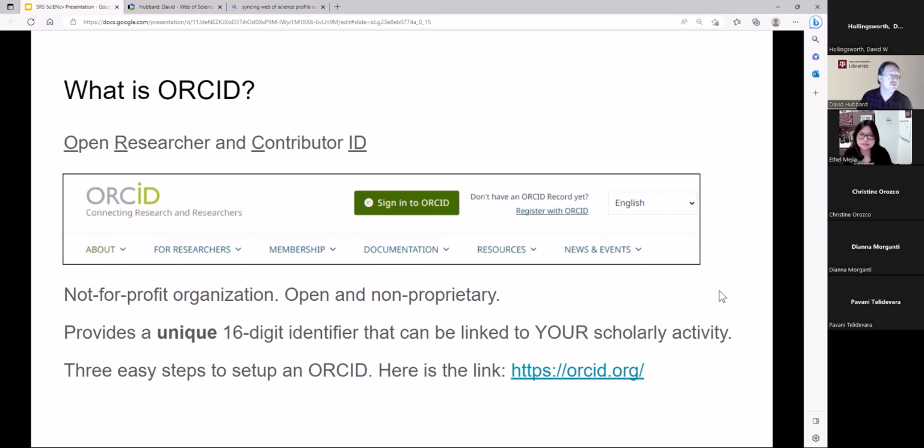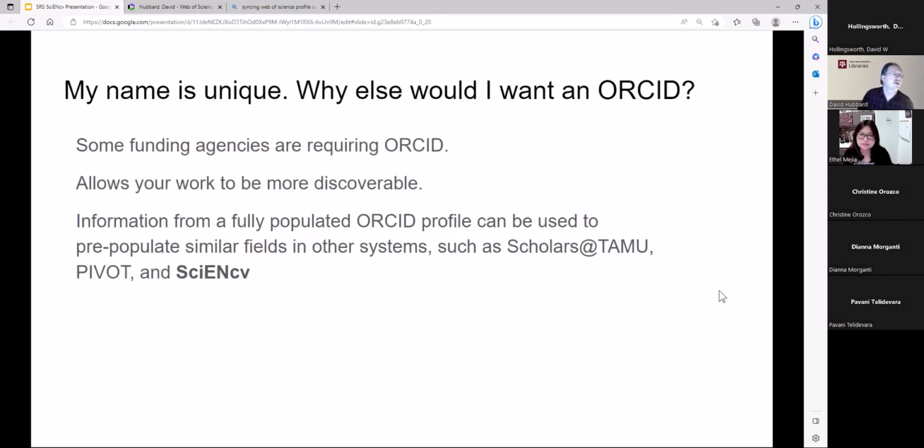To set up an ORCID, it's 3 easy steps, and there's a link to ORCID there. I'll take a look at that in a moment. Okay, and getting back, well, my name is unique. Why else would I need an ORCID? Well, some funding agencies require that you have an ORCID and that you include that in the submission. It allows your work to become more discoverable. So also journals are asking for the ORCID. And then when these articles and other research outputs are indexed in databases, it makes your work more discoverable there